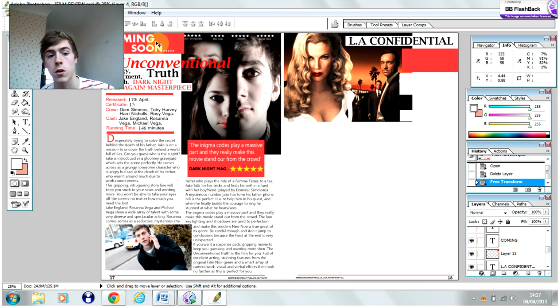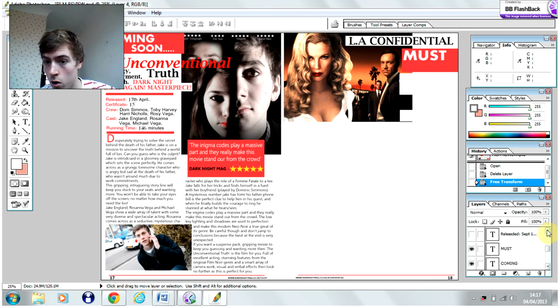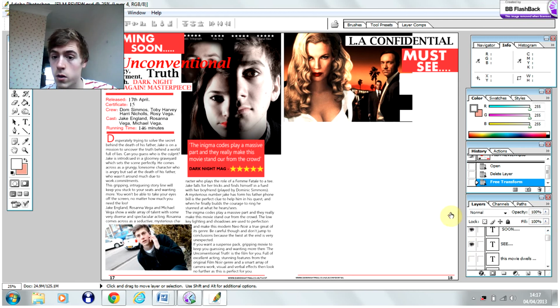Like the coming soon up here, I've got another box, but in this one it actually says must see, which, because the film's already released and it's an older film, I think that having this must see will draw the audience in again, because obviously if it's a must see, they usually are good films. Again, I've got the running time, the certificate,